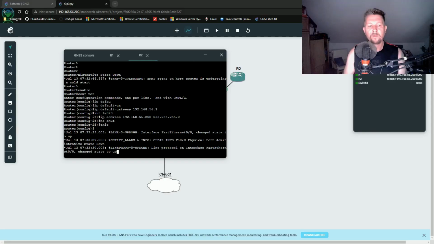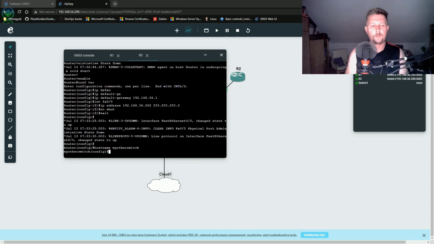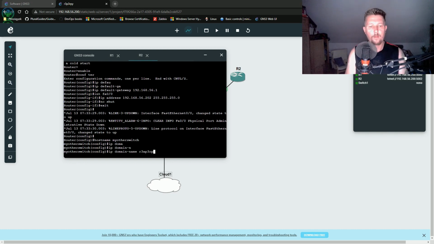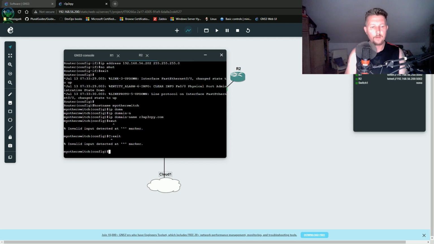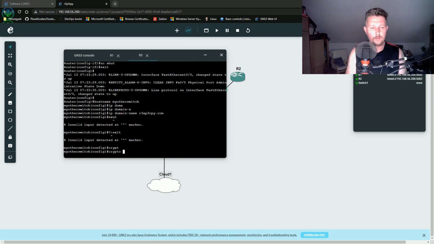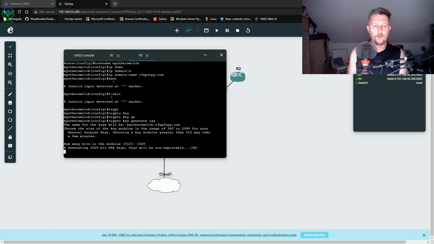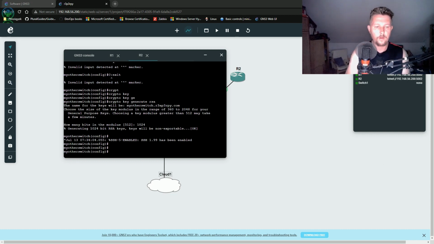Great. Now we can go ahead and set the host name, my other switch, IP domain name reaperpy.com, and then exit, crypto key generate RSA 1024, and then we should be able to configure the line